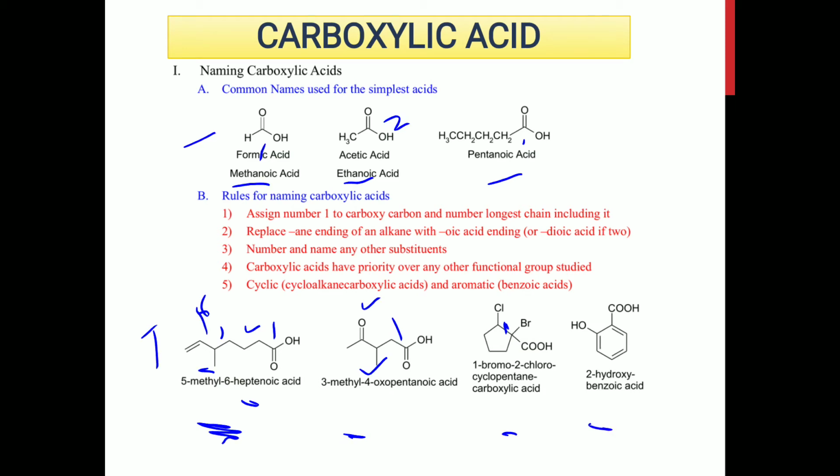Okay, then the fourth and last one is an aromatic ring. It is named as benzoic acid, right? In this benzoic acid, the carboxylic acid group, COOH, has the first position. Then the OH, the alcohol group, has the second position, then 3, 4, 5 and lastly 6. So the carboxylic acid has the first position and the hydroxy group has the second position. So the name of this structure becomes 2-hydroxy benzoic acid. I hope you understand how we name carboxylic acids using IUPAC rules.